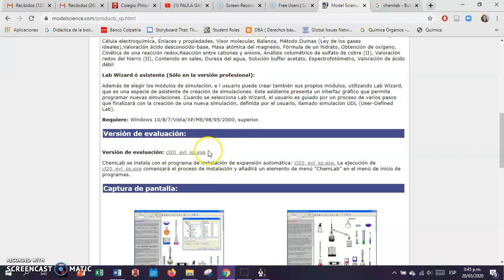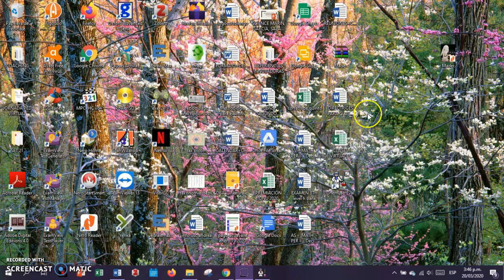Okay, one that we use in the case that we want to explore the laboratory and that we want to pay for it. But in this moment, it's for free. So you click here, and it is going to start a download. Once you have finished, in this area of the screen, the file is going to appear. You click on it and it is going to open, and it's going to start installing the software in your computer. When the software is completely installed, you are going to have it as a direct access